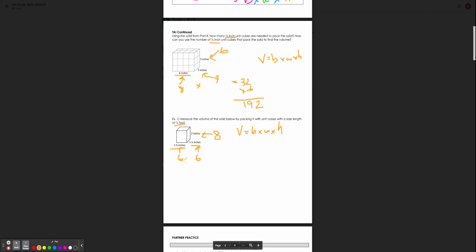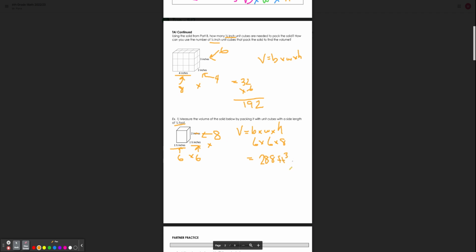And so to find our volume, 6 times 6 times 8, 6 times 6 gives us 36, 36 times 8 gives us a total of 288, and the units here should be